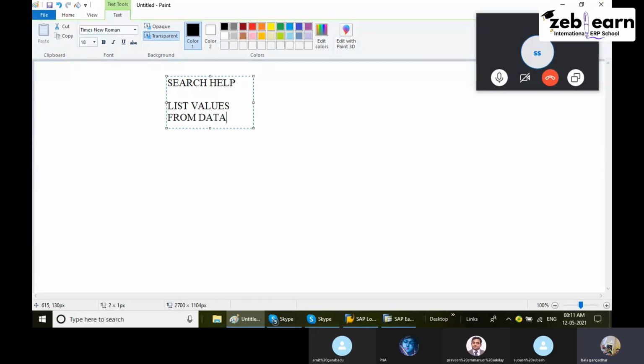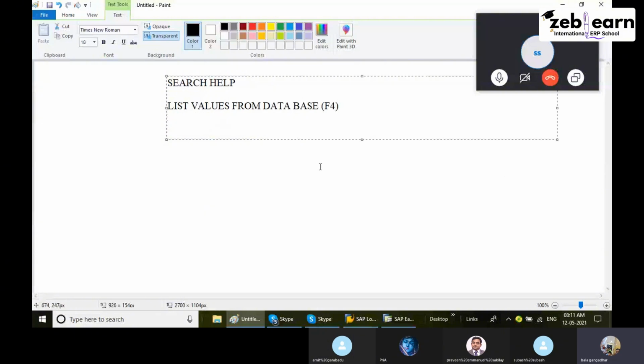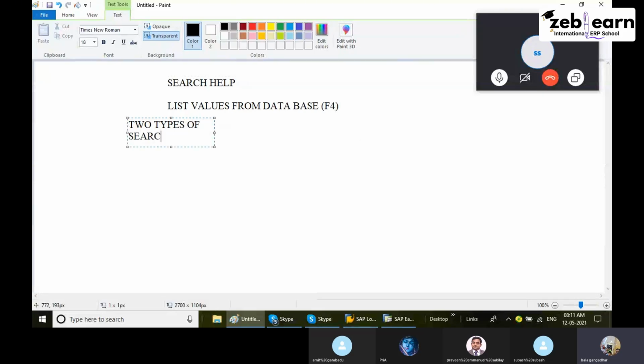When you click the F4 option on the database, we have to specify the information, which information that is. For that, we have two types of search helps. Two types of search helps. One is